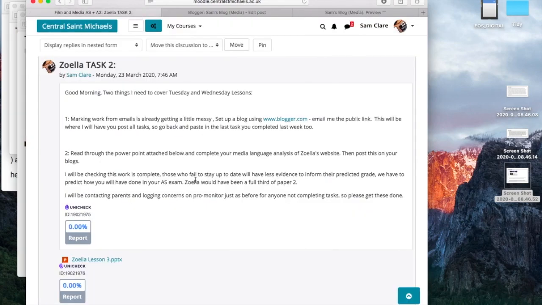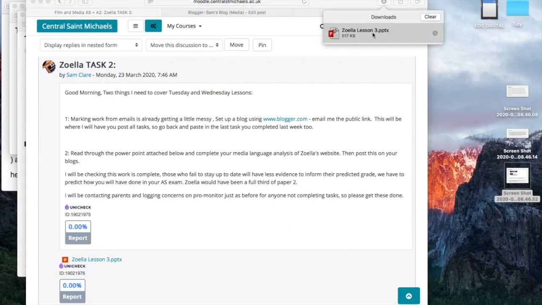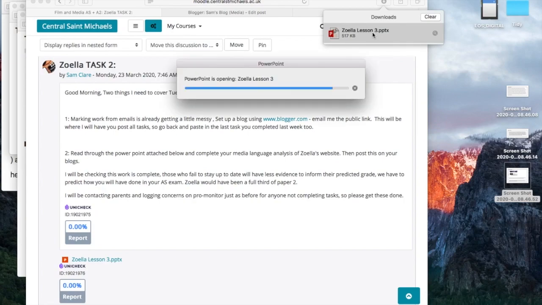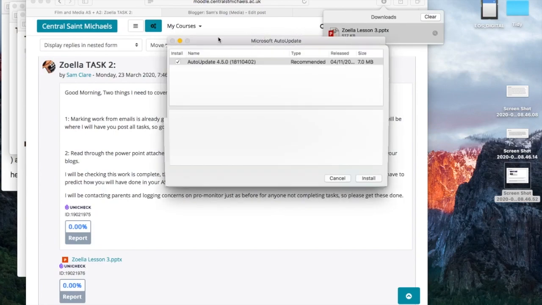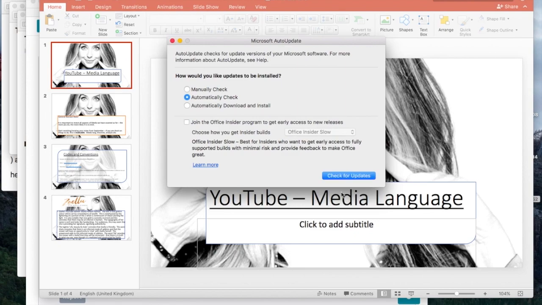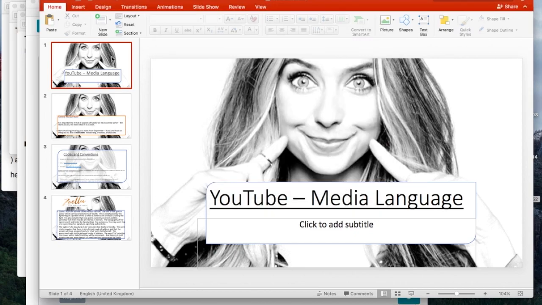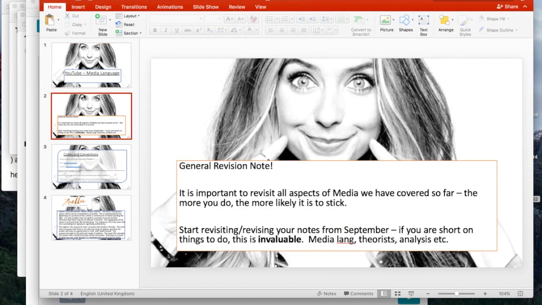I'd suggest starting with this one, since it's the one that's actually got Blogger on, and then go back. For this one, you need to open the Zoella link, which is attached at the bottom, down here. Opens slightly differently for me, because I'm on my Mac, as you can see. In a second that should load up. A bit slow on here, because it's obviously Microsoft trying to go on. So, if we go here, you'll see